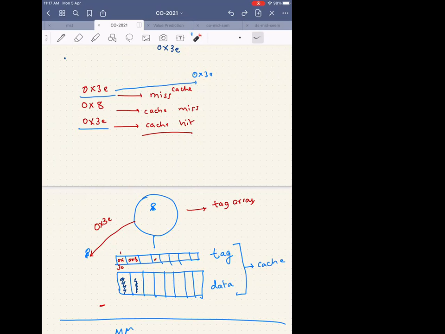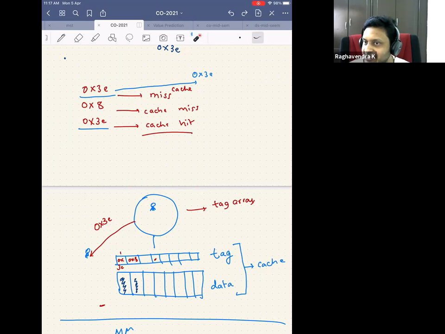Sir, can we add a count variable along with the tag, so that we can know that? Yes, you can do any crazy trick that you can think of. People have tried out anything that you have thought of. I'm not just making it up. If you just Google cache replacement policy, you can see at least 300 to 400 research papers that people have published.